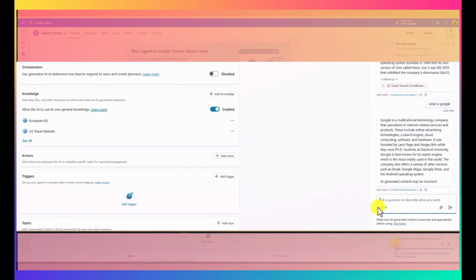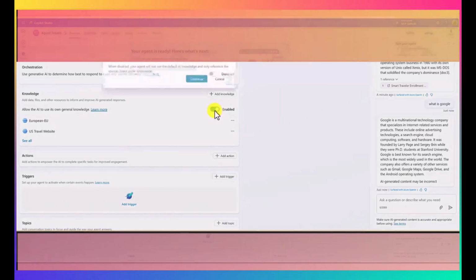This is because in the knowledge source, you can see the option allow the AI to use its own general knowledge. So this agent has predefined general knowledge that the model has configured in the background. So the agent uses that knowledge to generate the answer. If you want to avoid this type of unwanted questions, so you want to focus the agent only on your domain, you can just disable this option so that the agent won't use its own knowledge to provide the